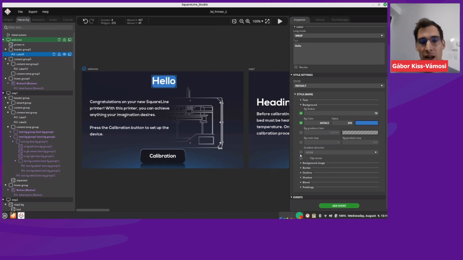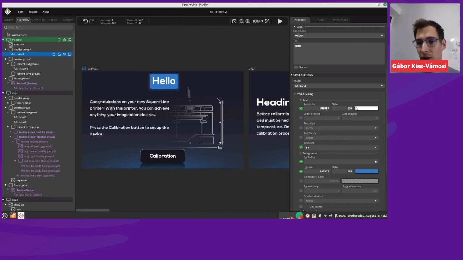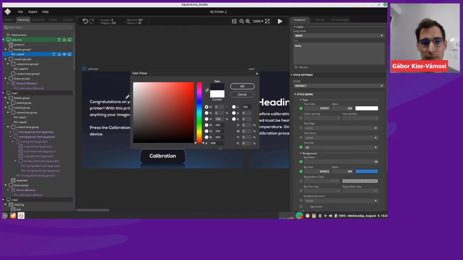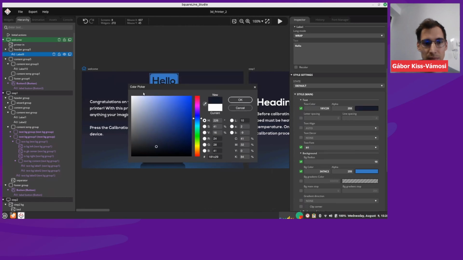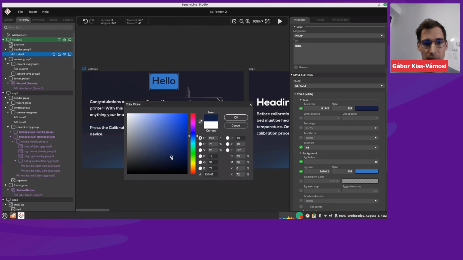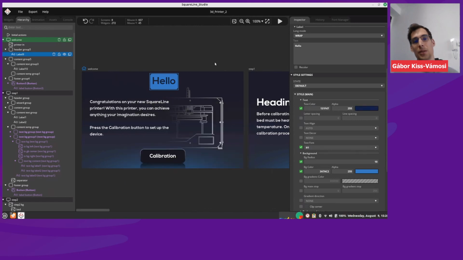All these are rendered in real time by LVGL under the hood, so you don't have to use images for all these effects, but you can set them dynamically and also change them dynamically as the UI is running. We can add some space between the edges and the content, and also change the color of the text. Something like that.